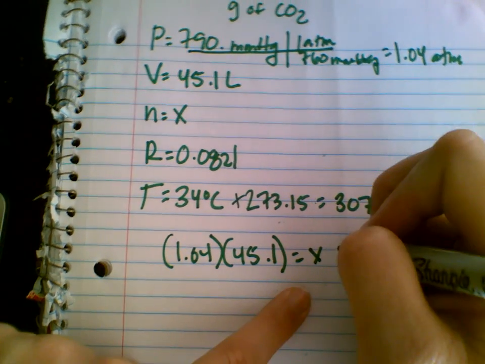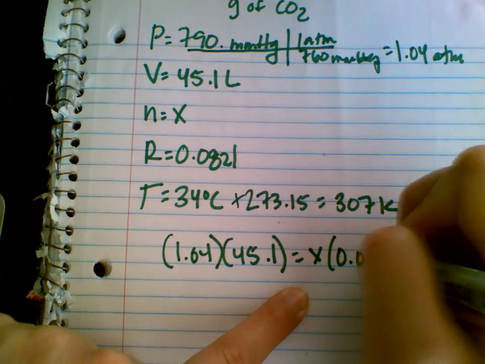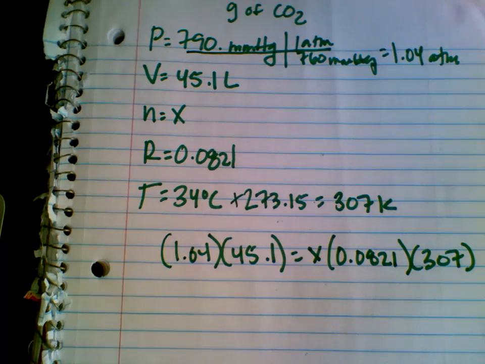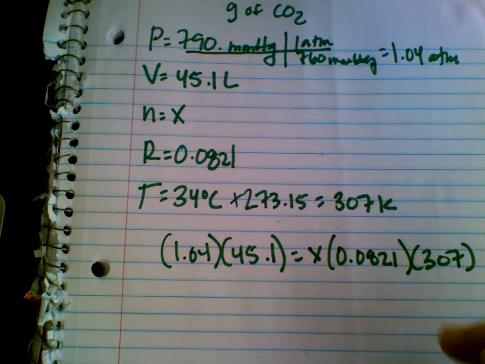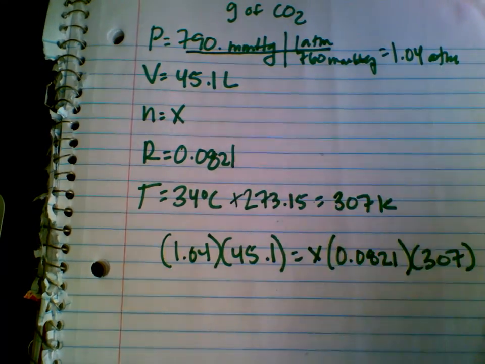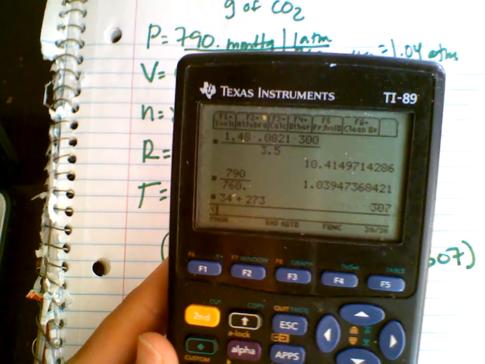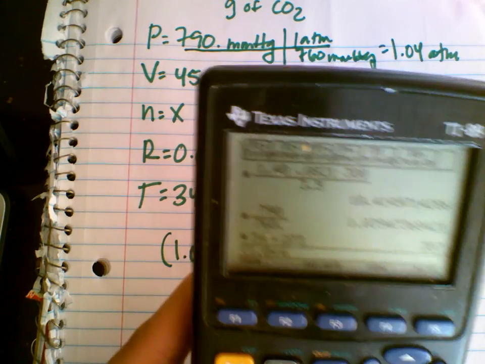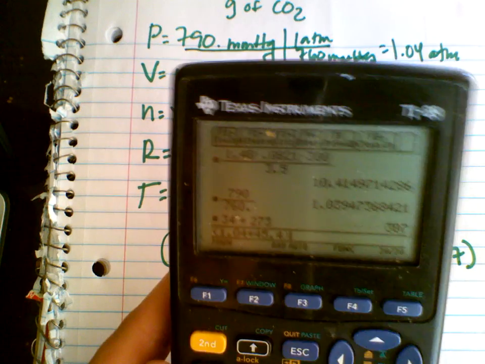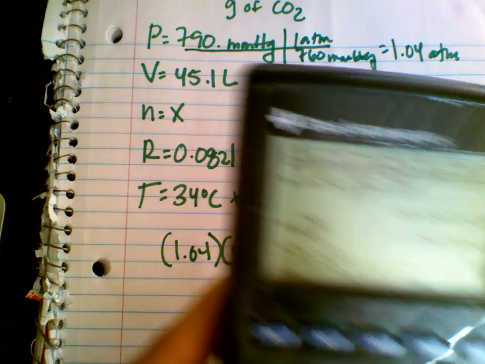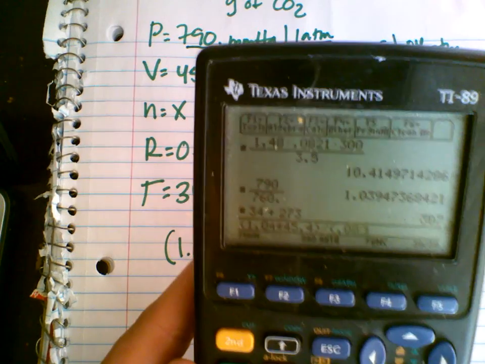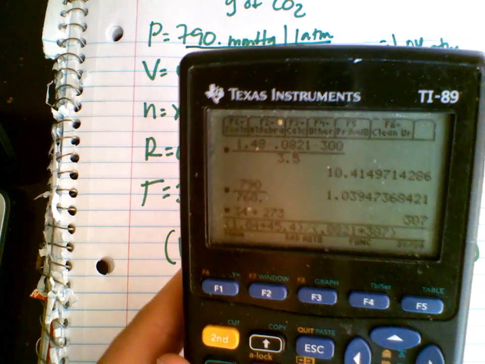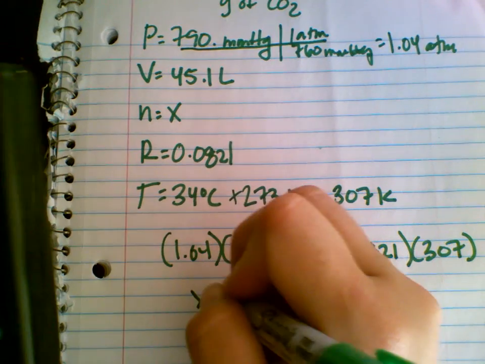So I plugged in my PV equals n times R times T. And then I'm going to solve for x. I'm going to put this all in my calculator at the same time, but I'm going to use parentheses for each side. So when I put this in, I'm going to use parentheses 0.04 times 45.1 divided by 0.0821 times 307. And I get that x is